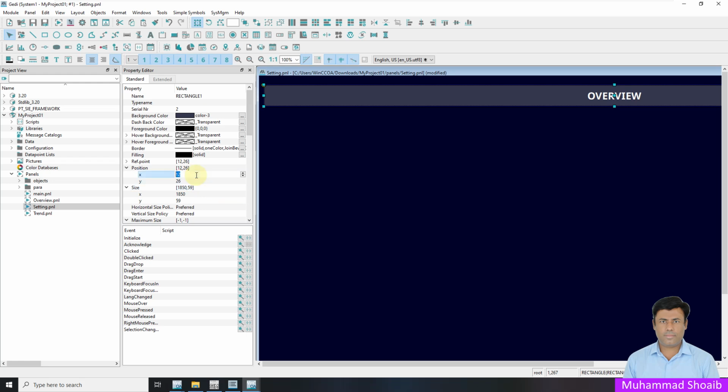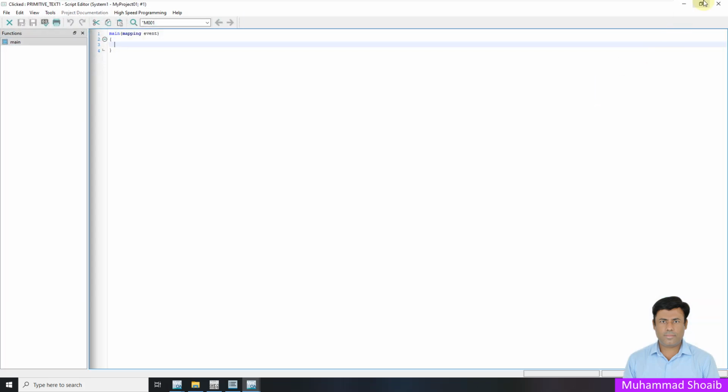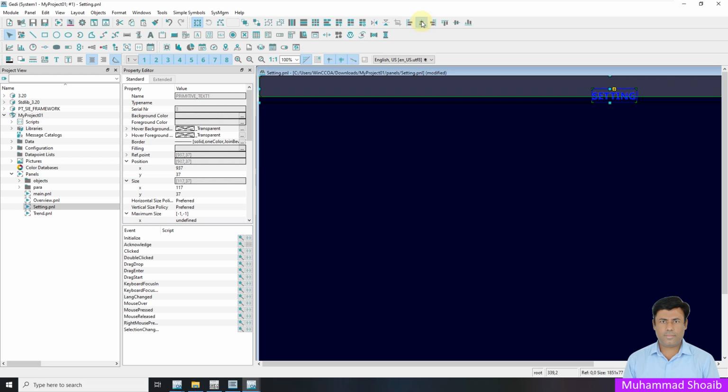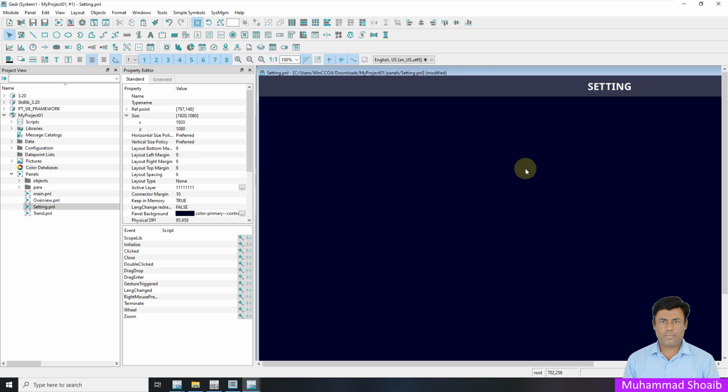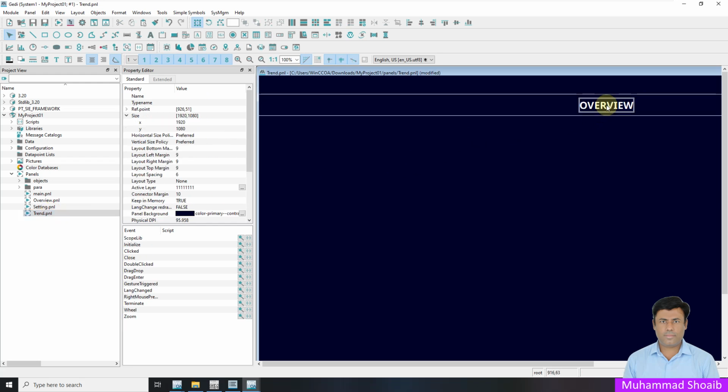Okay, and I will put this position 0 x and 0 y, and after that I will first change the text. For example, this is my setting page. Setting. I select first this rectangle, then press the control key, then setting, and that will bring it in the middle. Okay. In a similar manner, I will save it. Similar manner for this trend page also. I will remove this and Control V,